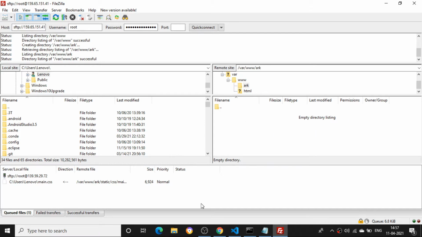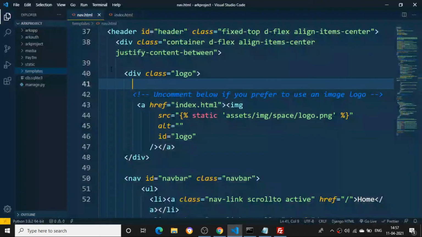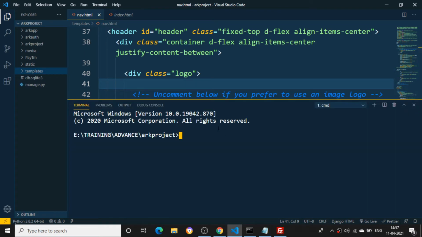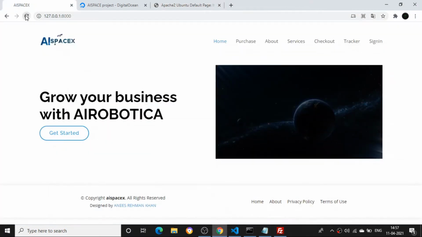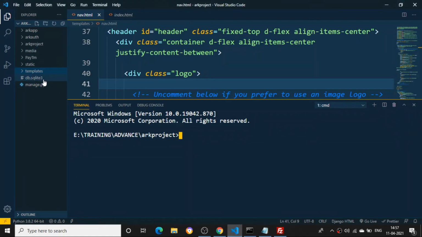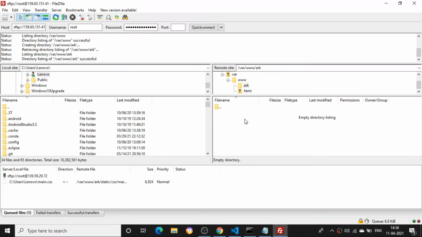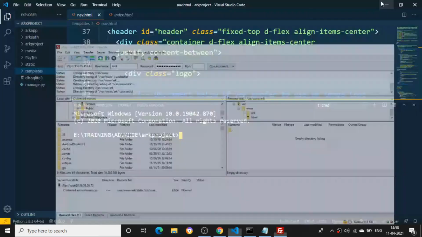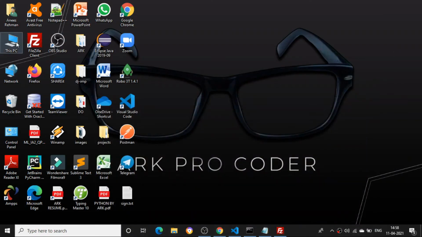So here I need to transfer all the project files now. What I'll do here is stop this particular server. So I'll just press Control and backtick. I'll just stop this server. You can see I have stopped the localhost server. If I refresh the page, the particular project would have stopped here. I am stopping it because the database is activated while it is running. So I want to transfer all the files inside this FileZilla. Now I'll open the project directory where the particular Django project has been stored. So I'll just open this. It is inside my PC.